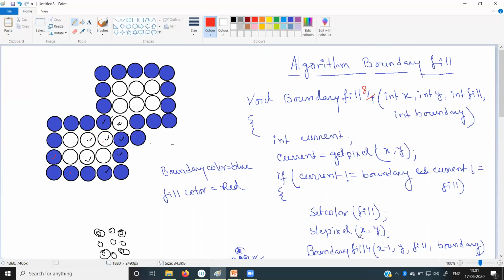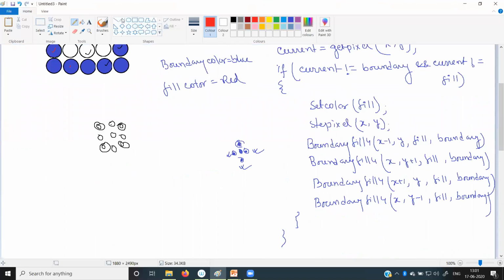And we need to call this boundary fill function for the remaining 4 corner points. So instead of boundary fill 4, it will be boundary fill 8. This is boundary fill 8, this is also boundary fill 8.